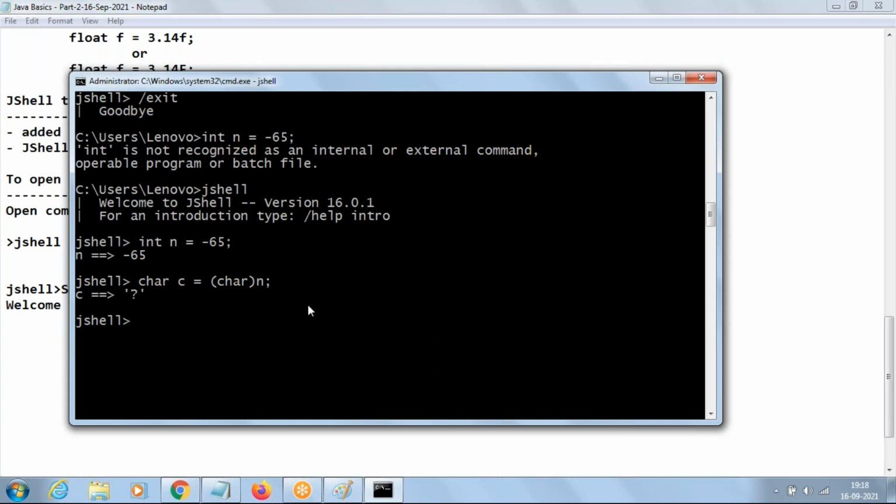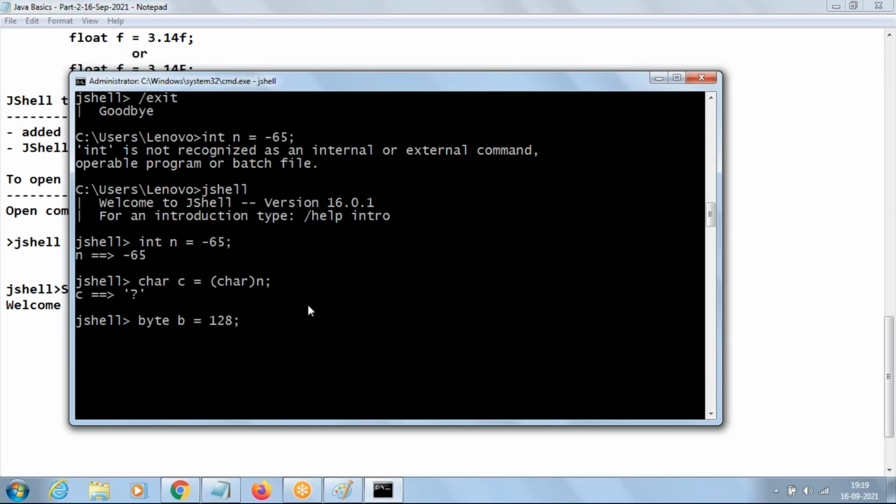Let me take one simple example here. It's easy to understand if I say byte, because we know the range of byte, that is -128 to 127. So if you say byte b equal to 128, does it have range here?